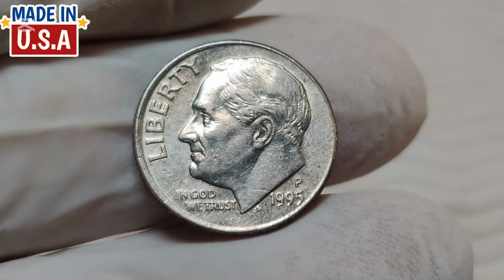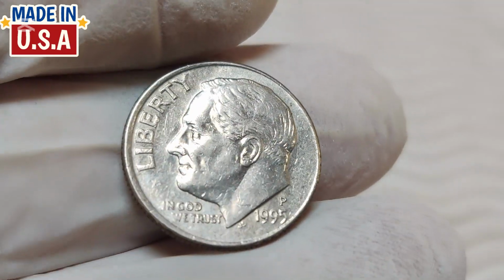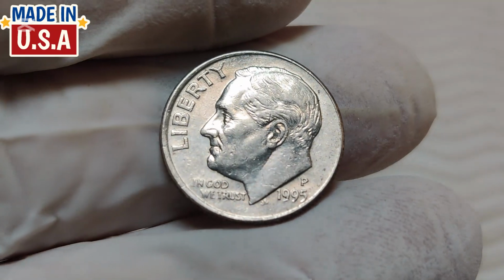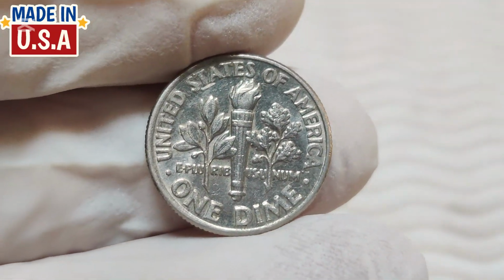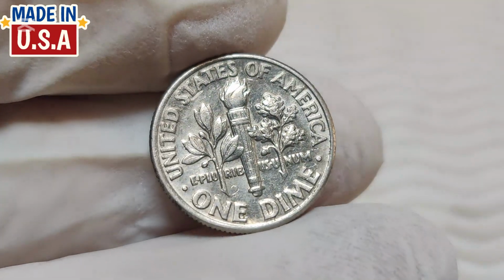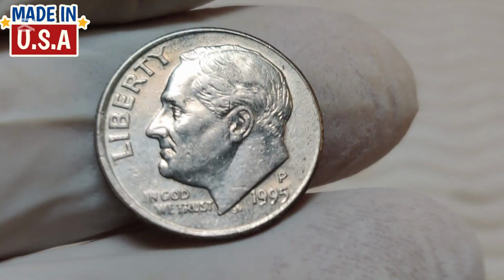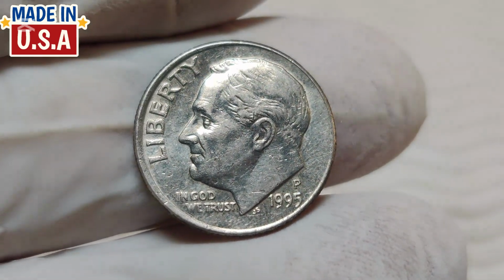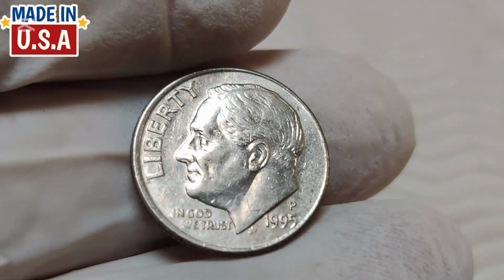My dears, have you ever looked closely at a simple coin in your pocket and wondered what it might truly be worth? What if I told you that a dime, yes, a 10-cent coin minted in 1995 could be worth much more than its face value? Welcome to the fascinating world of coin collecting, where history, rarity, and condition can turn everyday change into a treasure chest. Now, we're exploring the incredible story of the 1995 P